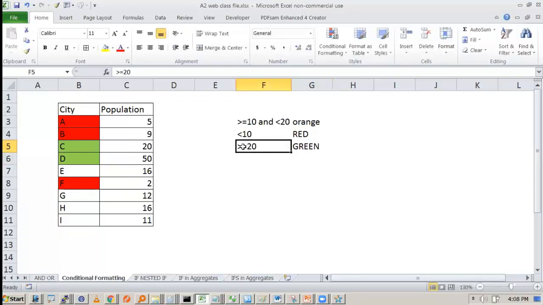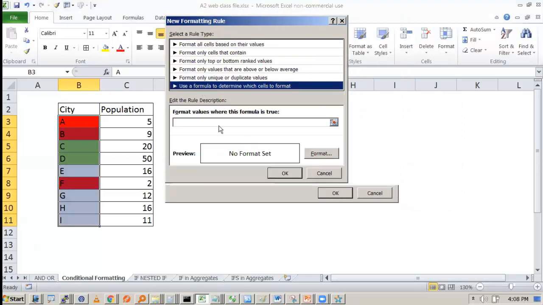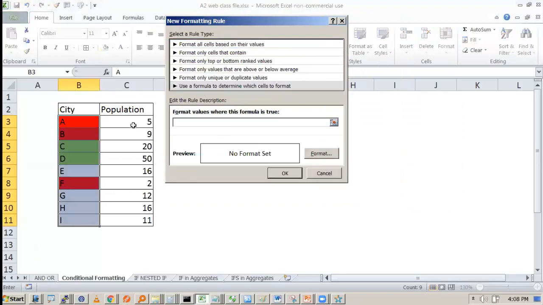The issue is this, and many of the students do it wrong here, because what they do is they try to write a formula like this. They try to write a formula like this: C3 is greater than equal to 10 and less than 15. This is what we do. We write manually.